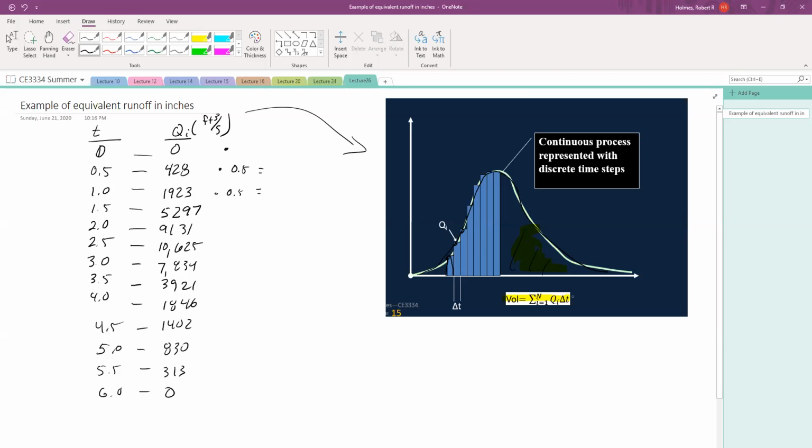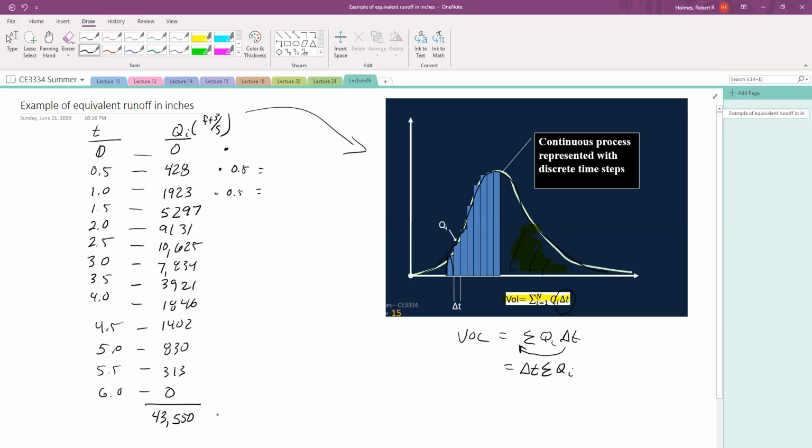Now, if delta t is constant, I can pull that out. So let's write that down here: sum of Qi delta t. Because delta t is a constant, I can pull it through the summation sign and say that it's delta t times the sum of Qi. So I'm going to sum this entire column up, and I end up getting a value of